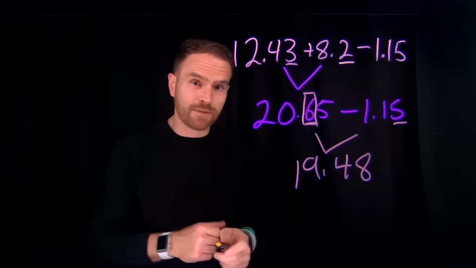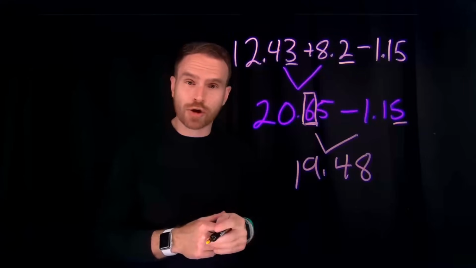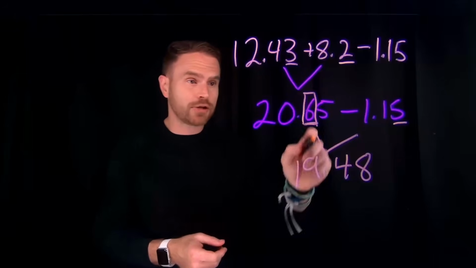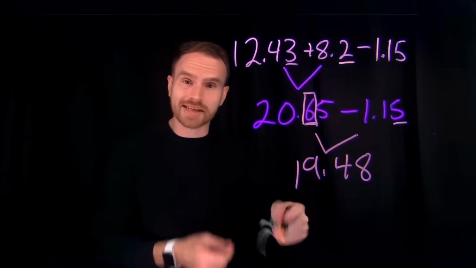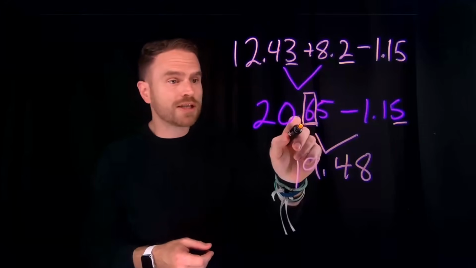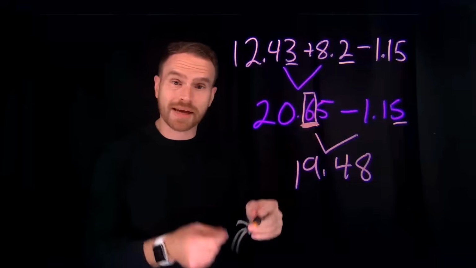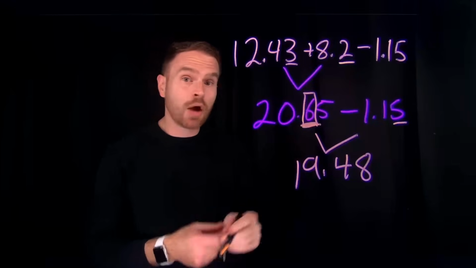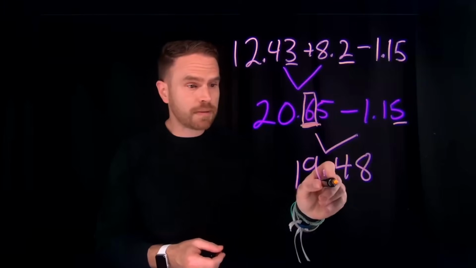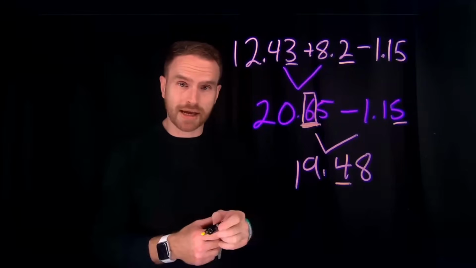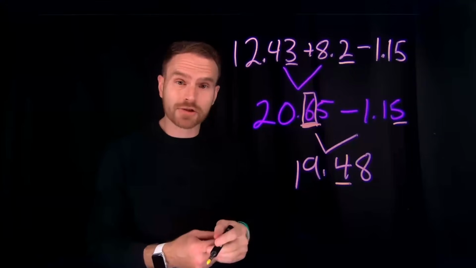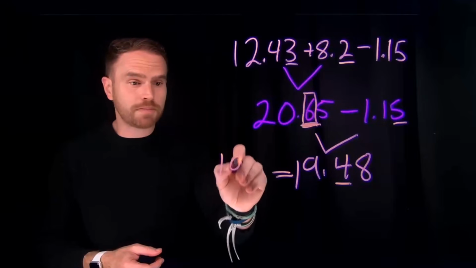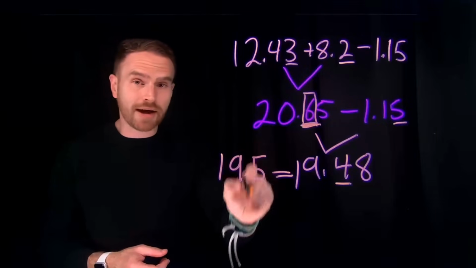the last significant figure. And again, for addition and subtraction, that means the one with the lowest number of decimal places. Now you might be saying to yourself that both of these go to the second decimal place. However, remember, we specifically called out this one as being the last decimal place, which means this is the first decimal place, which means our final product needs to be rounded to the first decimal place. And that means that our final answer reported to the correct number of significant figures is actually going to be 19.5, and this would be the